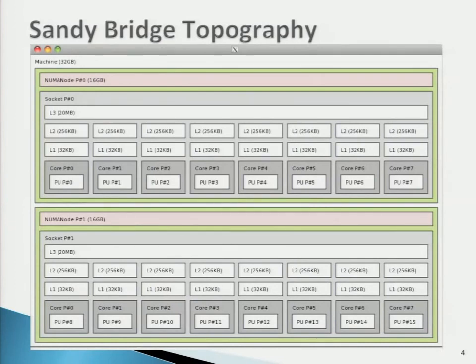And you can see that attached to each socket, we've got something called a NUMA node, 16 gigabytes. What this is saying is we have 16 gigabytes of RAM in something that we call a NUMA domain that's associated with this socket. And likewise, for the other socket, we have 16 gigabytes of RAM here. Now that means that on the node, we have a total of 32 gigabytes of RAM. And any of the cores